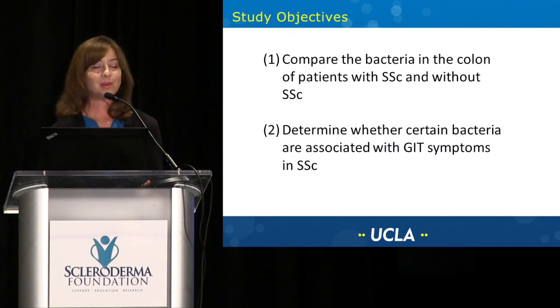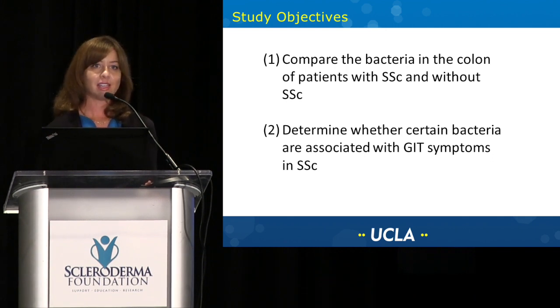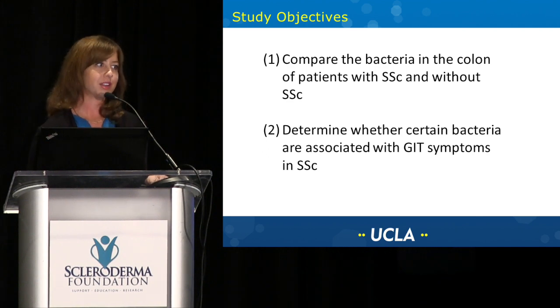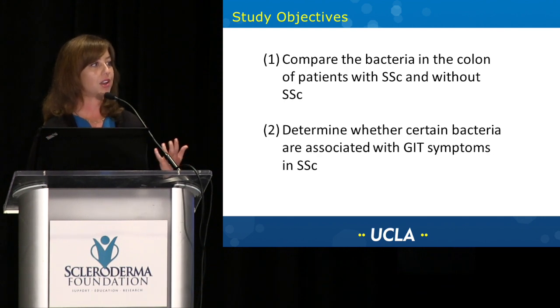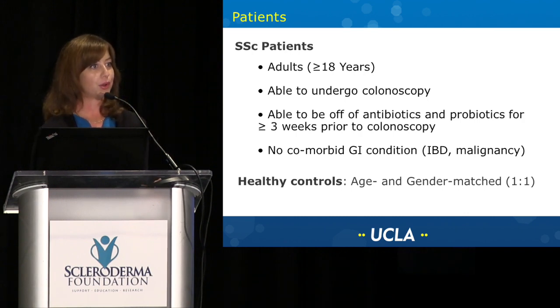So the first study that we did was comparing the bacteria in the colon of patients with scleroderma and healthy patients, and then to try to figure out if there were certain bacteria that were problematic, certain ones that if they were present in higher abundance could cause more symptoms. So we recruited adult patients from UCLA, and everyone had to be able to undergo a colonoscopy, and they had to be off of antibiotics and probiotics at least 3 weeks before the colonoscopy. They couldn't have any other GI problems,